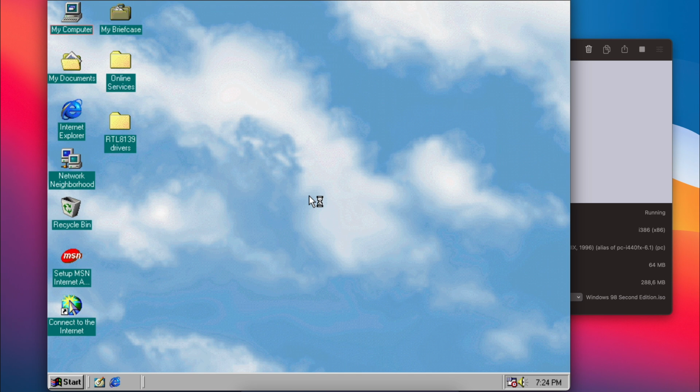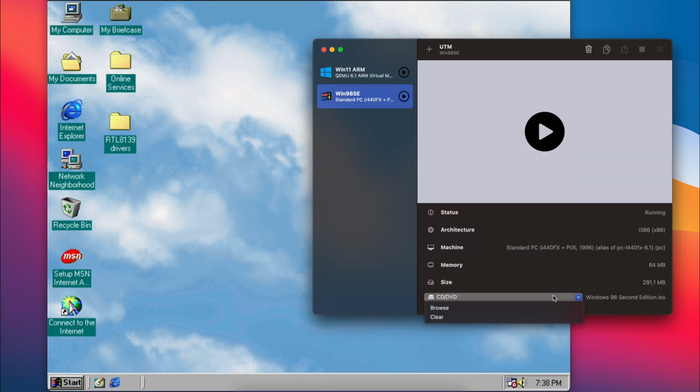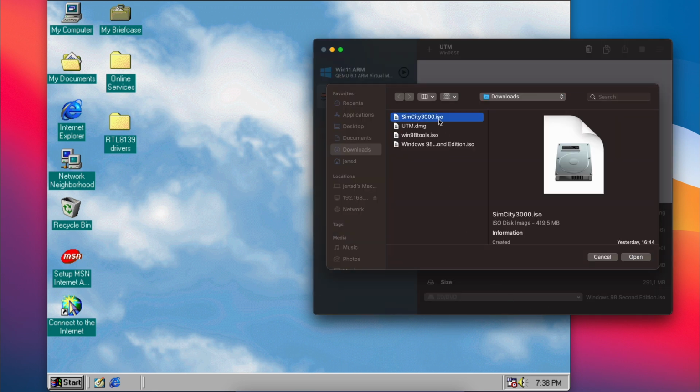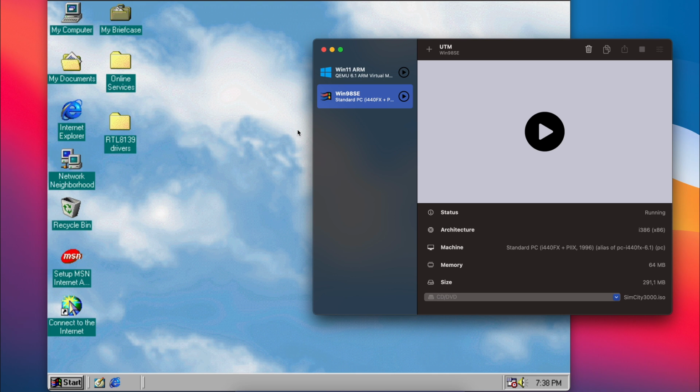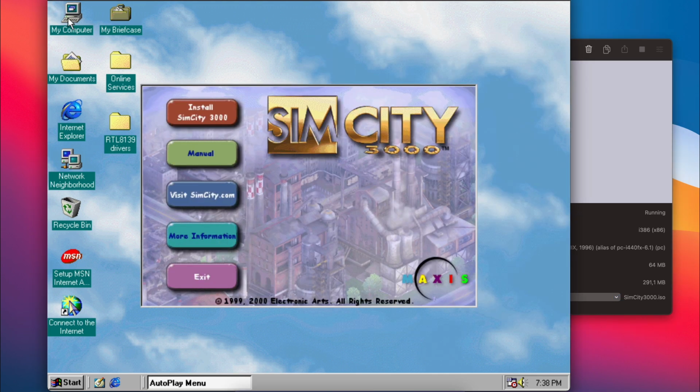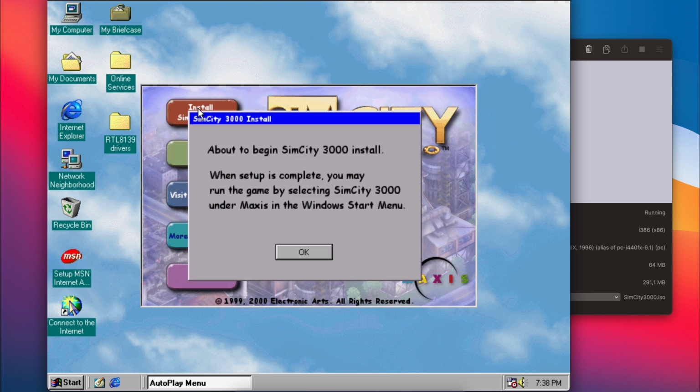One last thing which I wanted to explain is how to get software and files on the VM. The easiest option is to use ISO files. A lot of games and apps are available for download in this format, so it's definitely a good option. You can use the virtual CD drive in UTM to mount and unmount different ISO images, as we did a few times in the previous steps already. Do keep in mind that BIN/CUE or MDF files will first need to be converted to the ISO format before they are usable, but this shouldn't be that hard.